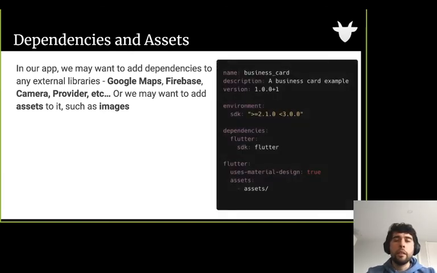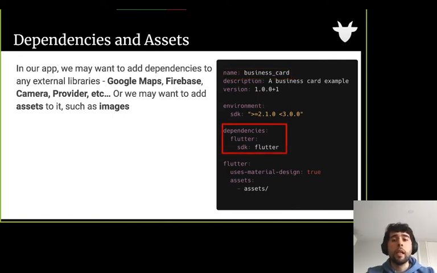Flutter has a very specific file called the pubspec.yaml file, in which we are going to include a set of configurations. For example, the name. What is going to be the name? The name is going to be what we are going to use in the imports. So if I'm going to import one file from one path name to the other, it's going to display it as business card / businesscard.app.dart, for example. Then I can add all my dependencies.